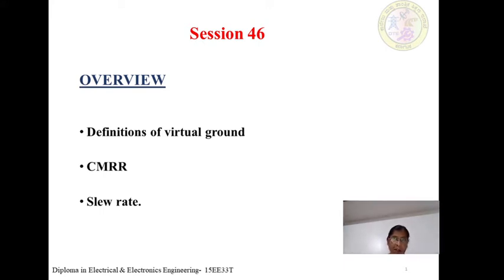V1 and V2 are the input terminals. Through these input terminals we are going to give 2 signals. Those signals have the same phase and the same magnitude, so they are called common mode signals. Common mode signals are rejected by the differential amplifier. Whenever signals with the same phase and same magnitude are given as input to the differential amplifier,